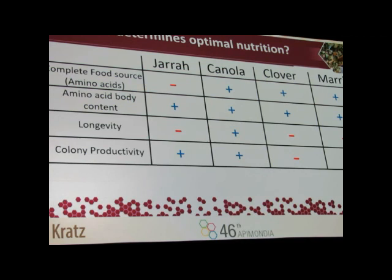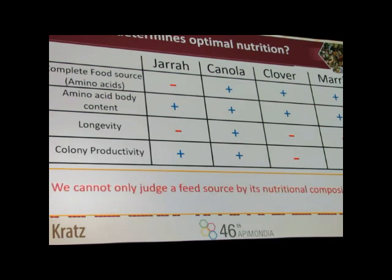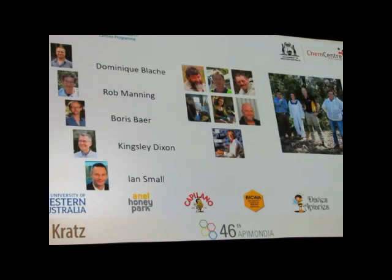Now what we can see in summary here is that canola has been, in my experiments so far, based on these measurements, outcompeting the other food sources. What I haven't mentioned today is that I'm also looking at foraging behavior, so there's still a little bit more to the story. I'm looking at foraging of pollen collectors, but also nectar collectors, and that data I'm analyzing at the moment. So we cannot only judge a food source by its nutritional composition,